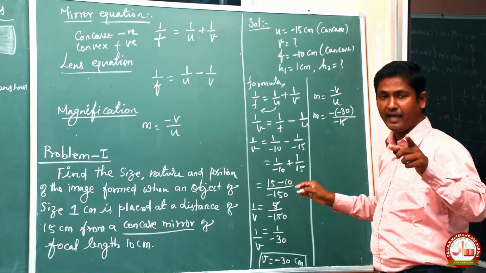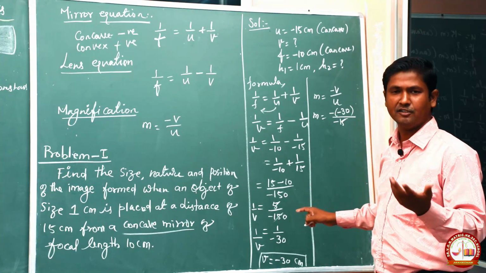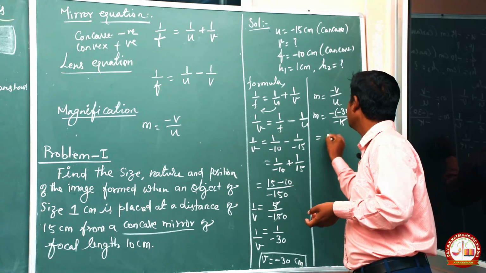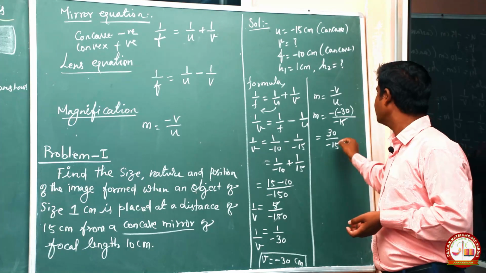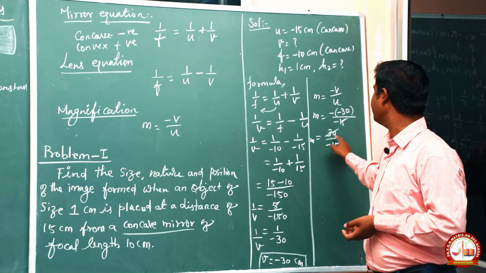So very important, and then minus into minus, what is this? Minus into minus is plus, very good. So minus into minus plus, divided by, answer is minus 15. So 1, m equal to minus 13 divided.